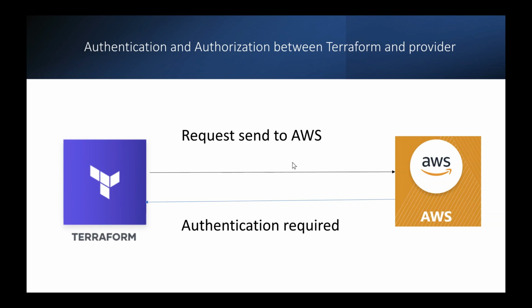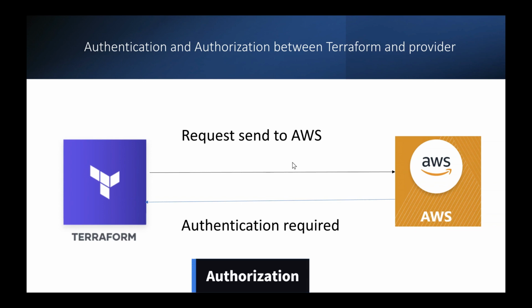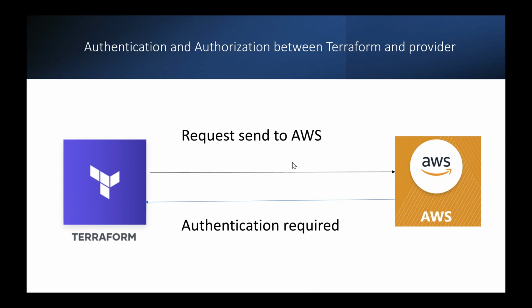Then the second part is, let's say the user is authenticated, but there is another part involved, which is authorization. That is, the user should have the access rights to create that particular resource on the cloud provider. Let's say on AWS we want to create an EC2 instance, then the user who is trying to create that resource should have the rights or permissions to create it. So whenever you add access to the user, make sure that the user has the required permissions to create, update, or